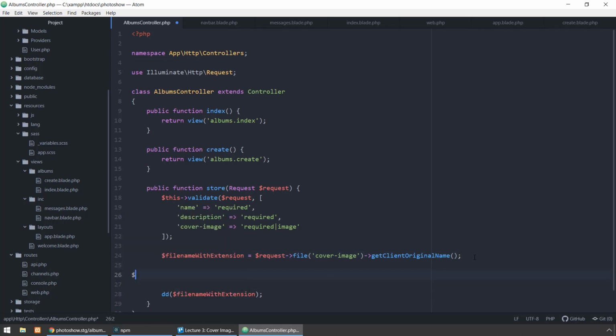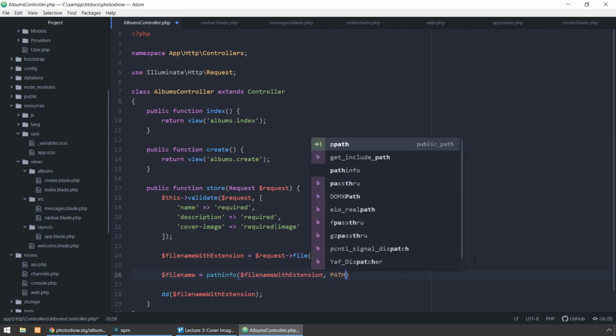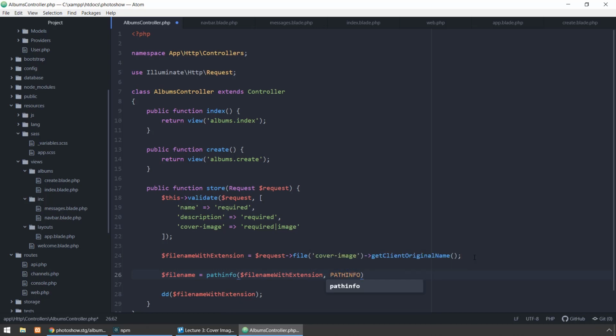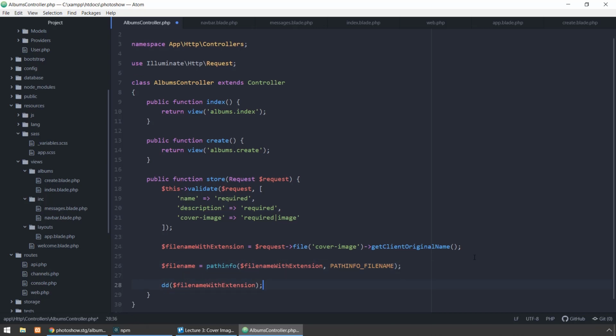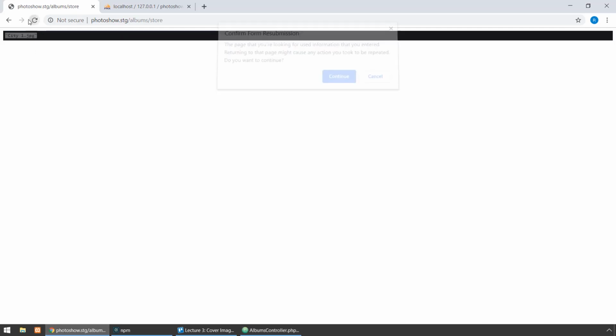Now let's extract the name of the file with the pathinfo method from PHP. So in this way we're going to get the file name only. You can see it right here. Great. Now I have the name of the image,